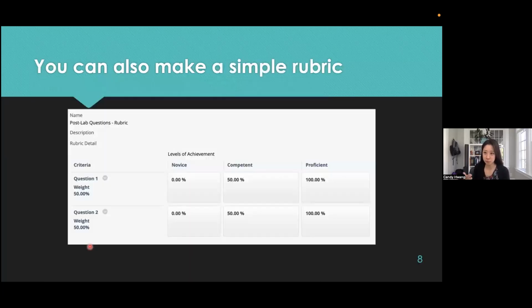You can also make simple rubrics. I've alluded to this before. So sometimes during the summer, we have post-op questions, which are like basically, did they answer the question correctly or not? And so you could do something like, oh, they did it correctly, or they didn't do it correctly, or like maybe they got half of the question right and half wrong. And so you could do something as simple as this, where it makes grading really easy, because again, you'll see